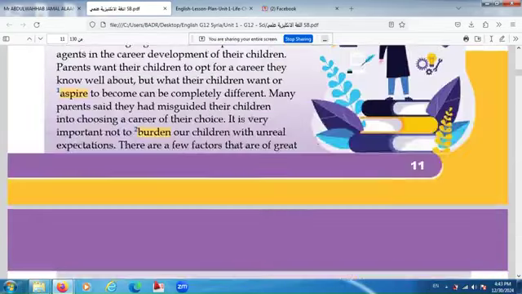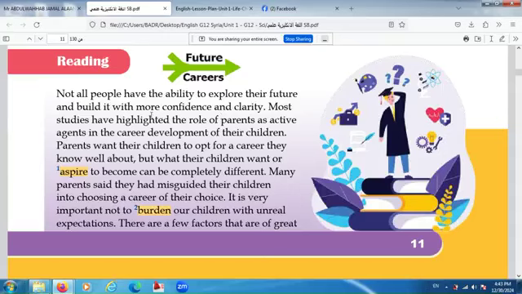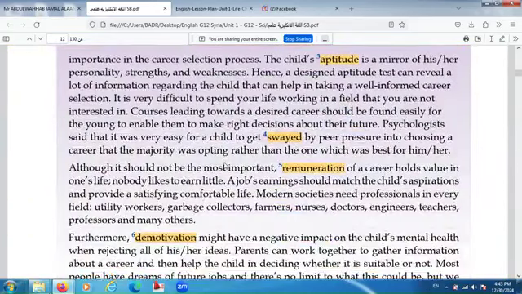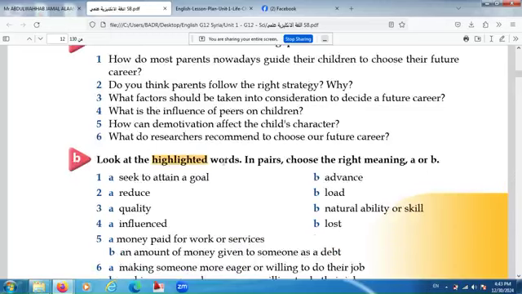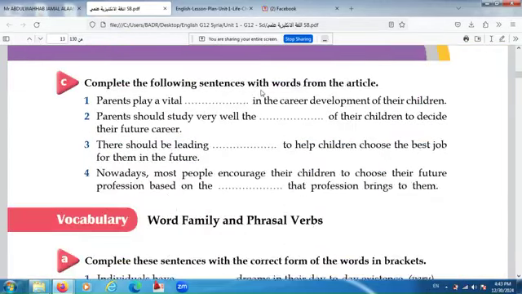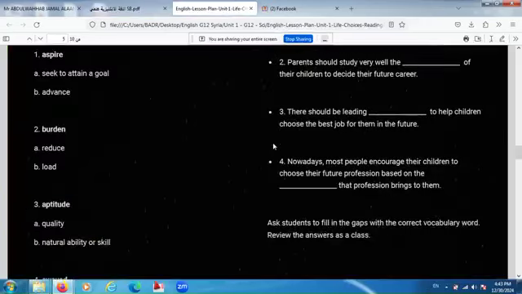Those highlighted words. Usually I do this: I'm not satisfied only with the keywords, the highlighted words. I like to extract new words from the text. So usually I extract more words, and then I will ask them to practice them in, for example, matching or true or false or this fill in the gap activity.